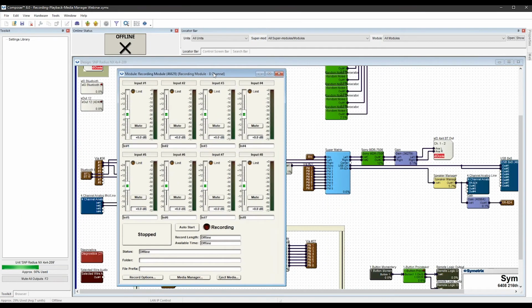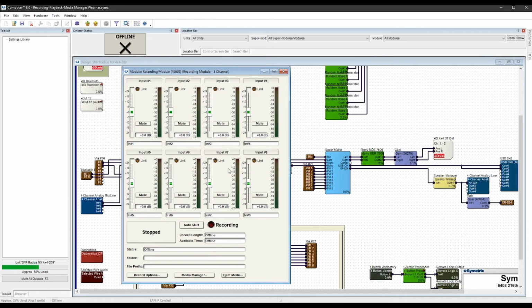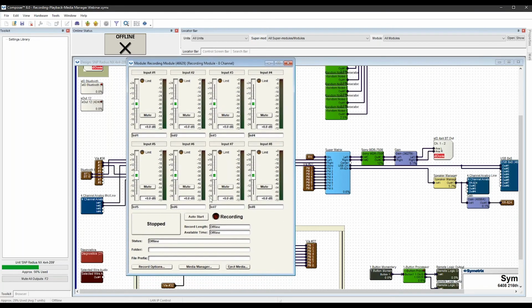As you can see, you have individual volume and mute controls for each channel. That's going directly into the USB, so think of that as the output volume or output gain for that channel. But most importantly, down below are the controls that you have. As you can see, my current status is the stopped button, which right now we're offline, so that would go between stopped and recording, the auto start button, the record length and available time fields, status, folder,